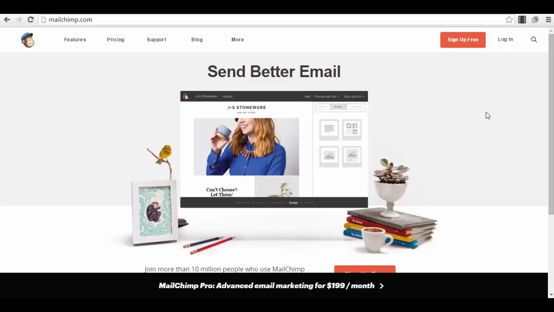Now let's get back on track with what we are talking about, MailChimp here. We are now on the page of MailChimp, as you can see here in my browser, mailchimp.com. You can sign up for free, as you can see here. You will actually see directly into one of my accounts that I've already created and have my credentials saved in the browser. We log into that so we can move a little bit faster with this, but the idea is that it's very easy to sign up for free.